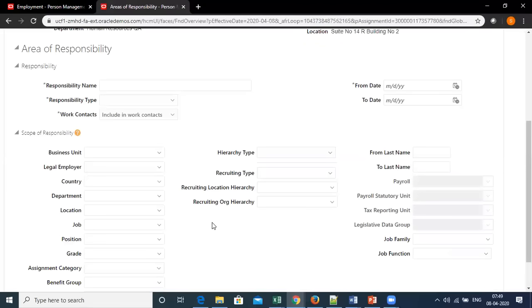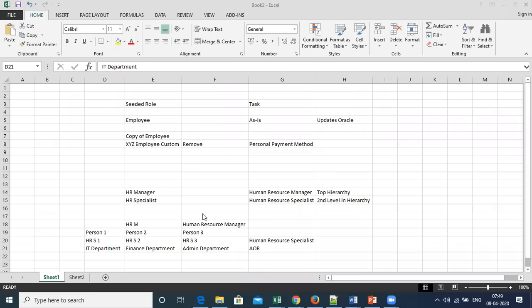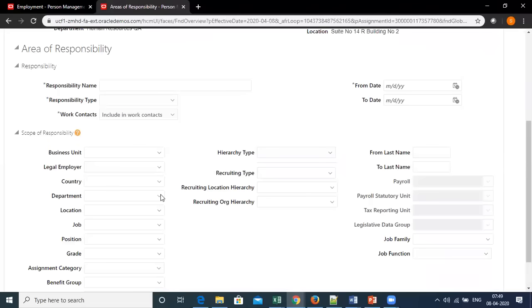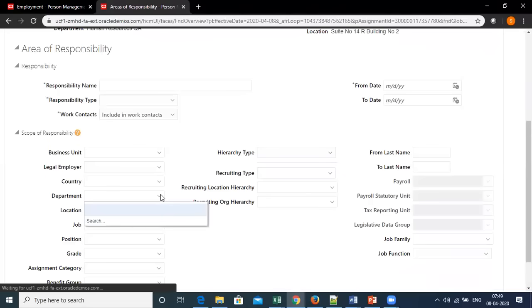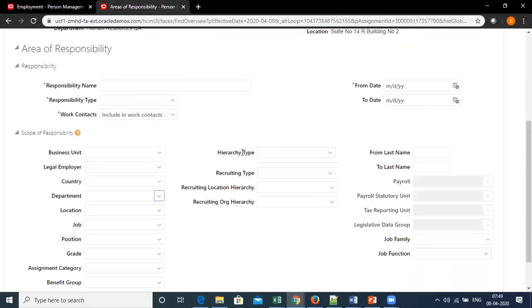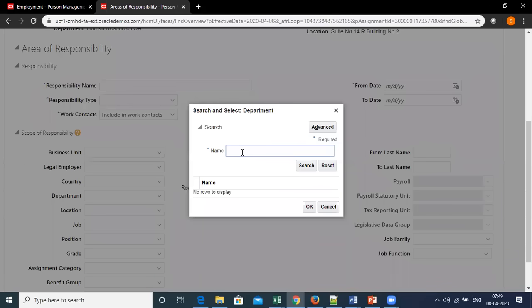As you can see, you can create this responsibility on various levels. What we were discussing as an example is on the department level. It means I can select the department over here. Let me search for the IT department if it is available. Okay, I guess there is no department named as such.